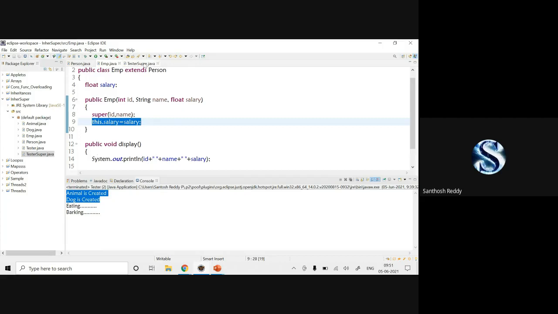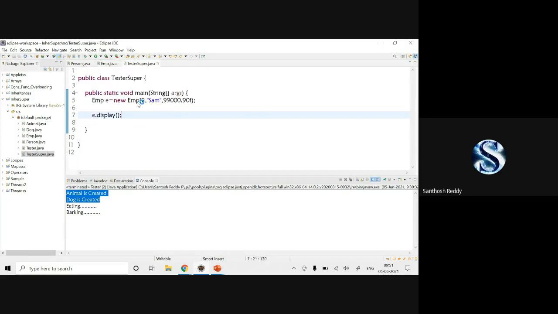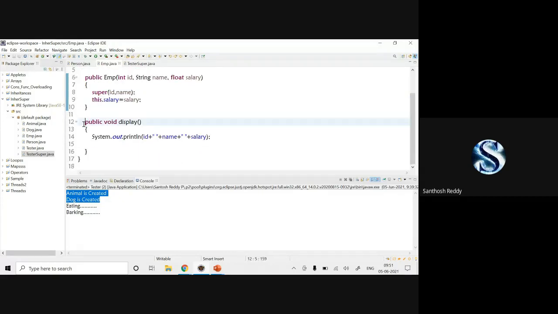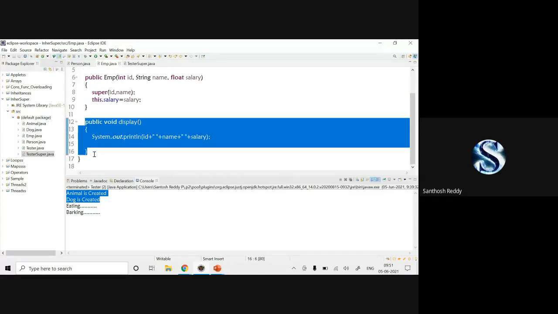Now it will come back to the tester class. Object creation is done, constructor execution is done. Now I'll call e.display. Once I call e.display, it will jump into the employee class and search for display. Once it finds the display method, it will execute it.